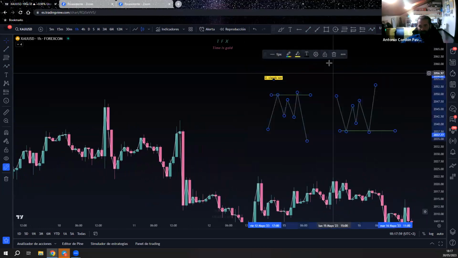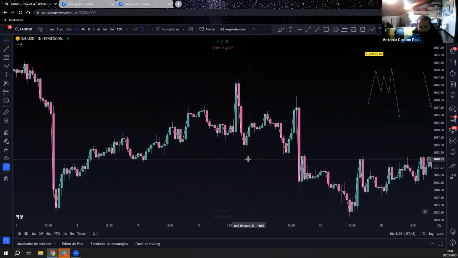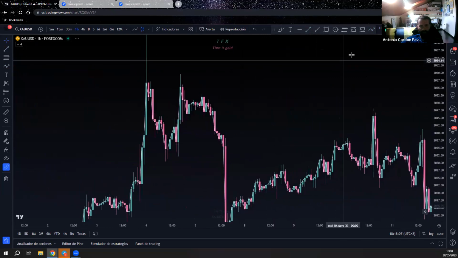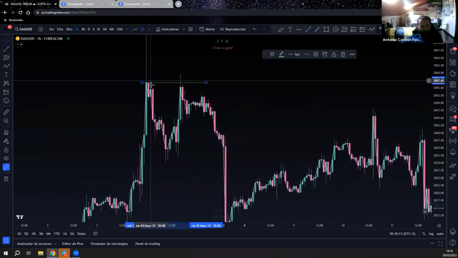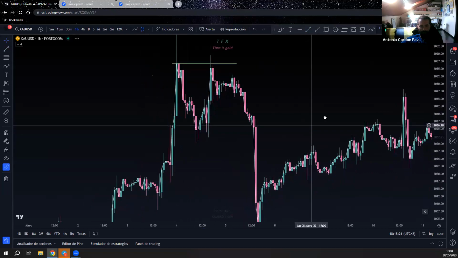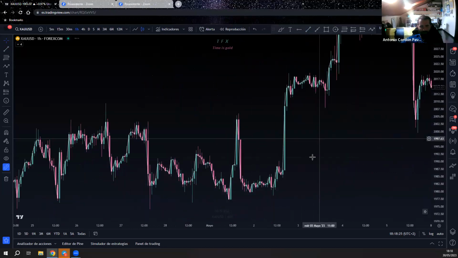Okay, we are going to try to find some examples of classic SNR in H1, and let's try to find one. This one, for example, we can call it not the freshest level because we already have this tap here, but we have a lot of misses, and then we tap the level and then we go. Let's try to find another one, for example,